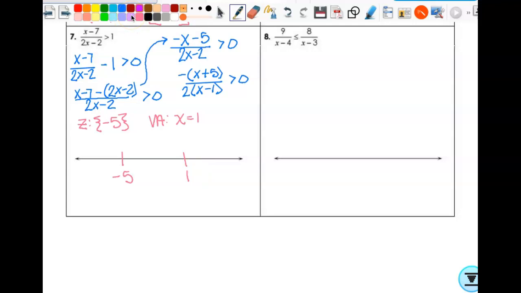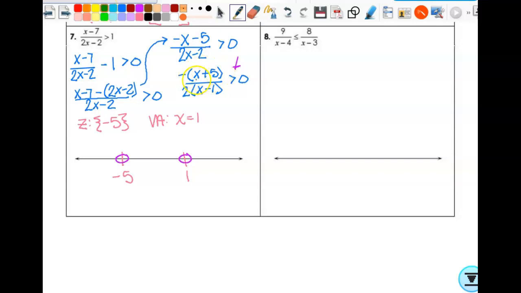So my vertical asymptote's always open, totally open. Is my negative 5 going to be opened or closed? Open, because this just says greater than 0. It does not say greater than or equal to 0. So they're both open. Now, when I go to substitute in to figure out my signs,